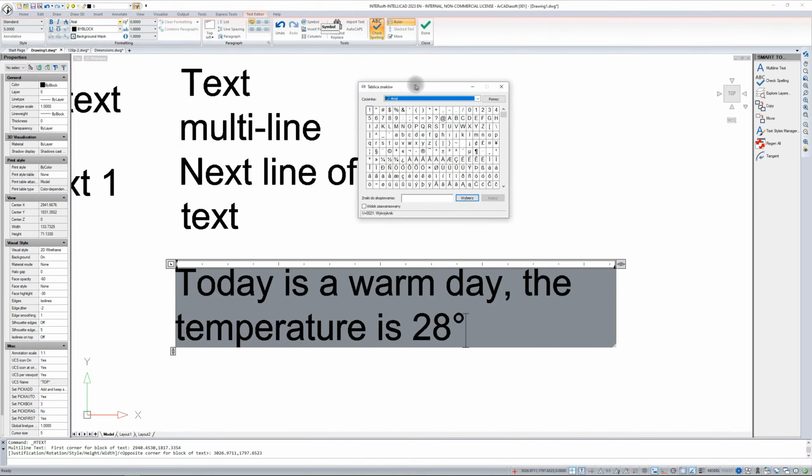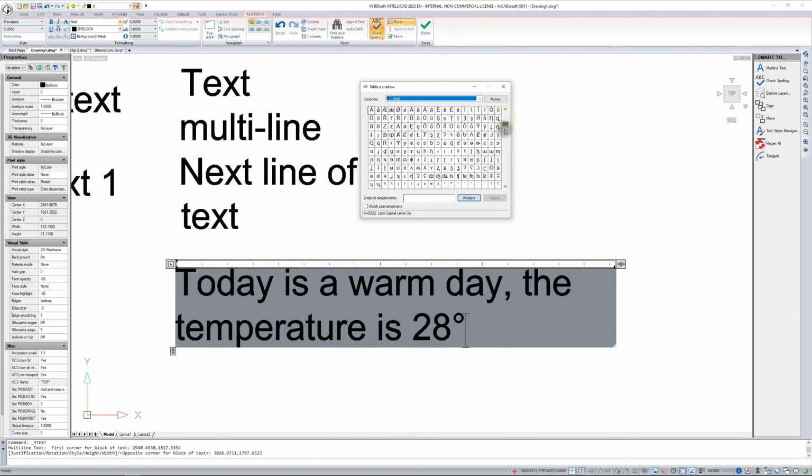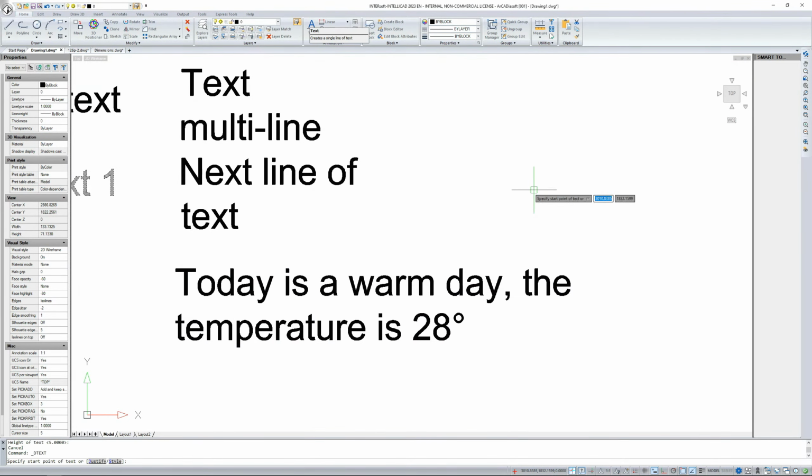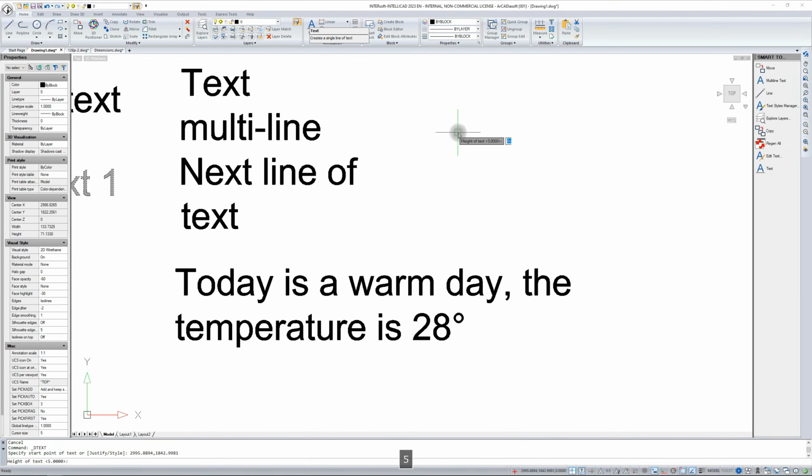Please note that some fonts may not contain certain symbols. Then you will need to change the font. If there is no symbol in a given font, it will show such a square or a question mark, depending on the font. And here you close it. And now, in single line text, you need to type in according to what was there in the list. So degrees are